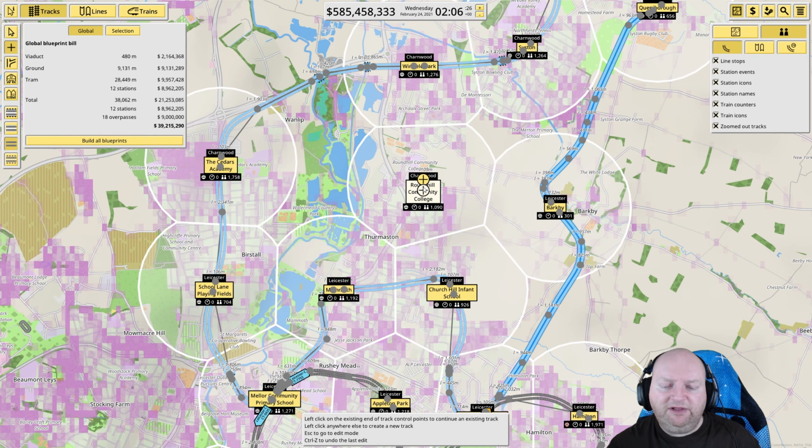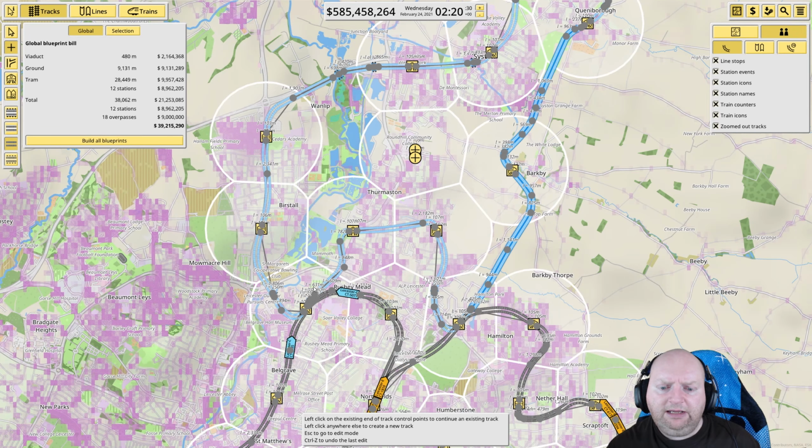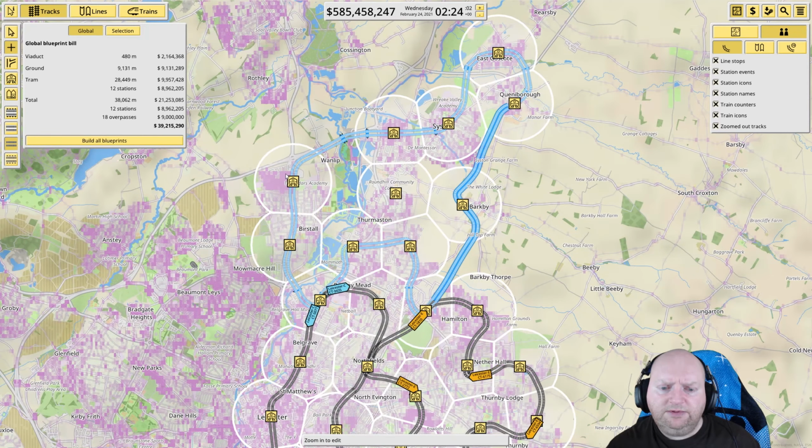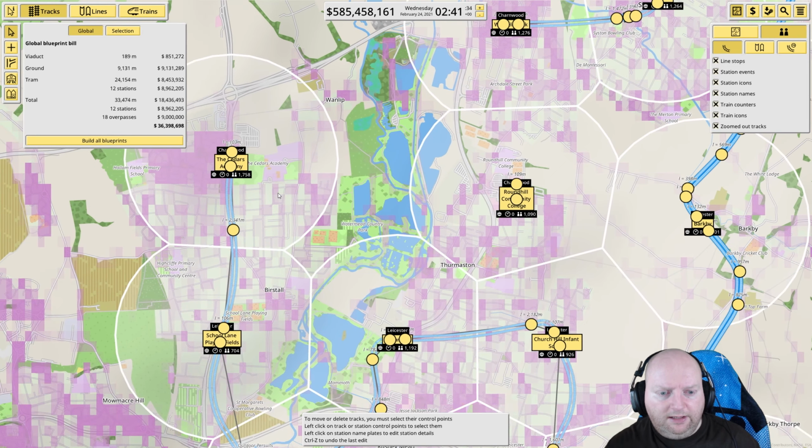It would also help if we didn't completely forget this train station in the middle, wouldn't it? Okay, which one were you supposed to? You were supposed to be here. Okay. You're supposed to go up and down again? Oh, was that supposed to come across then up? That was supposed to come across then up, wasn't it? That's not the end of the world. We can fix that by deleting this part here. Okay. So you...